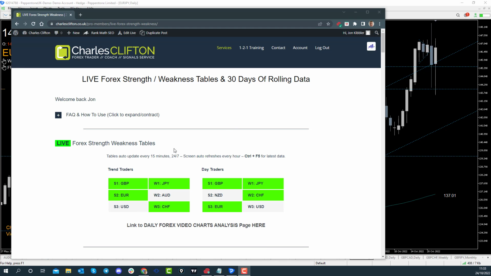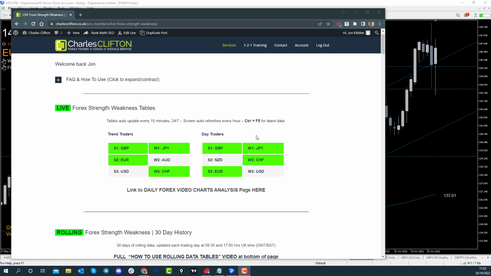We have two tables in front of us. You can see we have the live Forex Strength and Weakness tables here. We have the Trend Traders table and the Day Traders table. These are showing the same studies, just on different time frames. So our Trend Traders is the higher time frame. Our Day Traders is the lower time frame. You can see that some of the currencies are highlighted in green. That means there is a confluence between the two trading time frames, and these will be our primary focus when